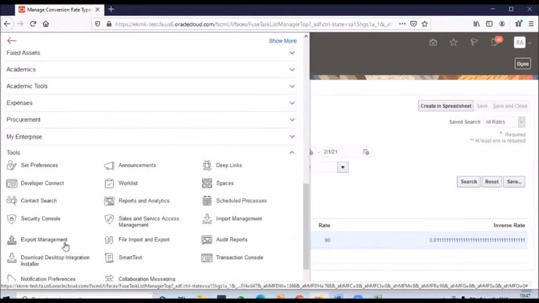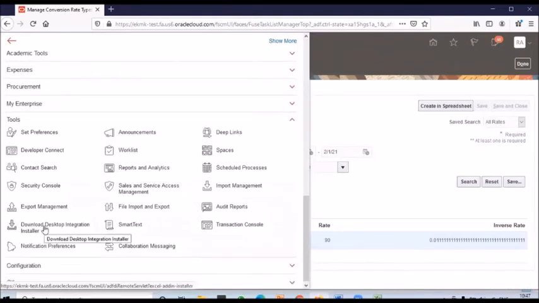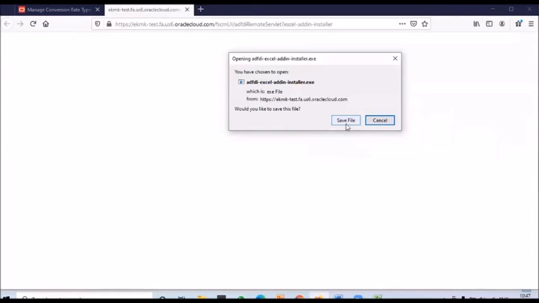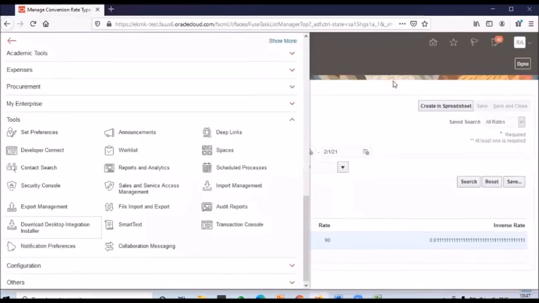Navigator tools, and you can see the download desktop integration. Navigator tools, download desktop integration. You can click on download desktop integration. Automatically it will download the path. You can click on save it and click on next. And only if it is properly installed can you use your spreadsheet loader.